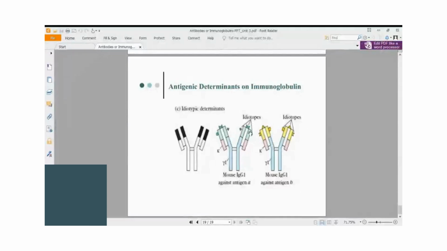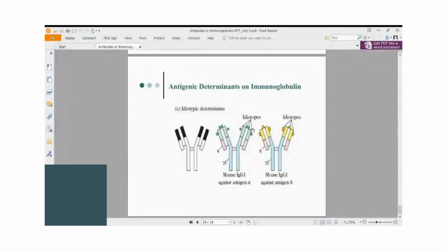If one IgG1 molecule is meant for H antigen, another is meant for O antigen, and another may be meant for flagellin. So based on these differences, because of the amino acid sequence difference in the FAB region,